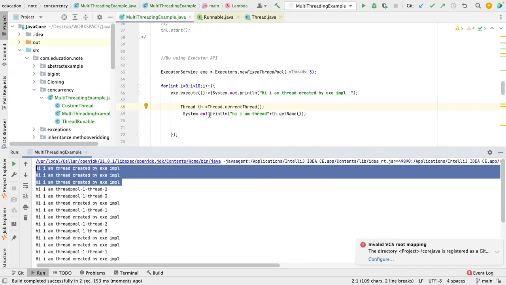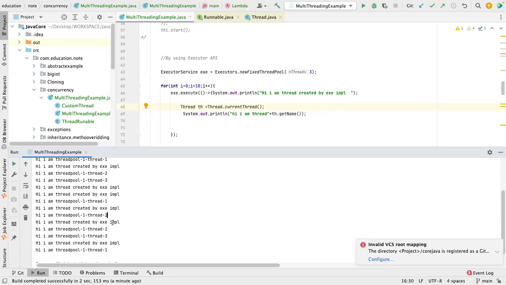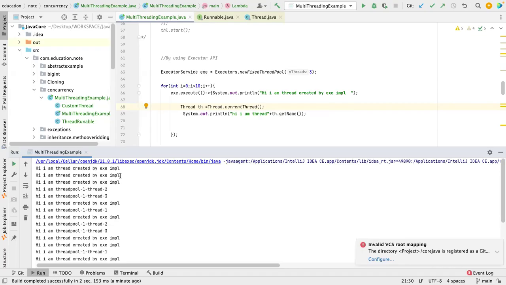But every time, one of thread 1, thread 2 and thread 3 takes this task. You see thread 2, thread 3, thread 1, thread 2, thread 3. So it picks randomly. It's not that thread 1 will always execute first. Any thread can execute first